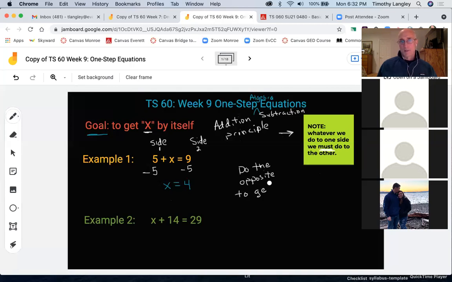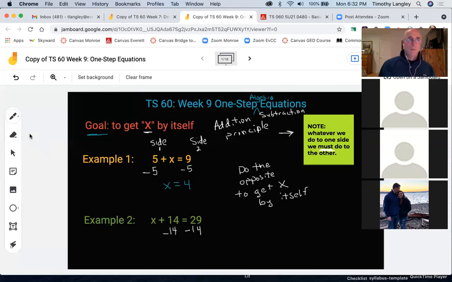If that helps. So you can write that in your notes too. Do the opposite math, okay? So in this case, the math is plus, so I'm gonna do the opposite. What's the opposite of plus? Minus. So I'm gonna go minus 14 from this side, and obviously I'm gonna go minus 14 from this side,